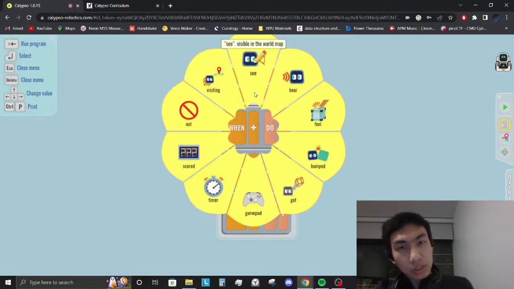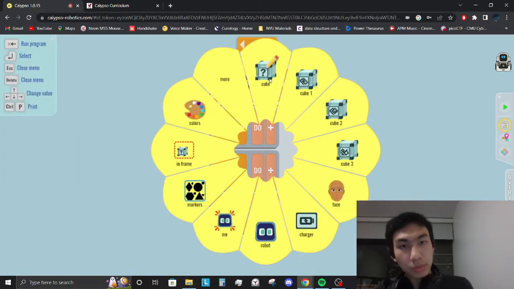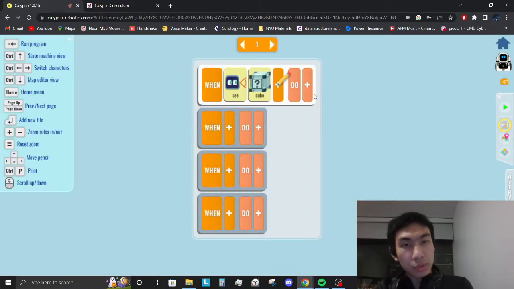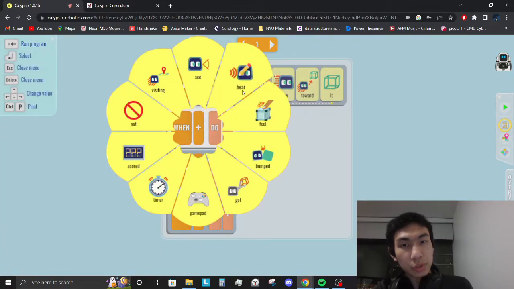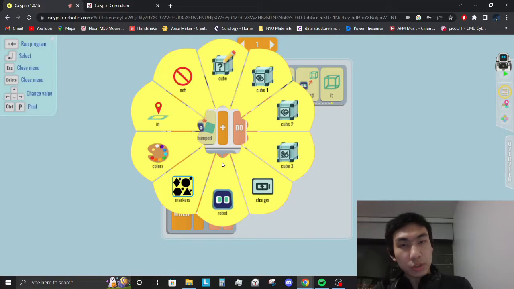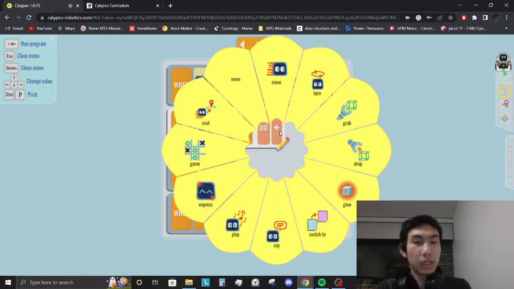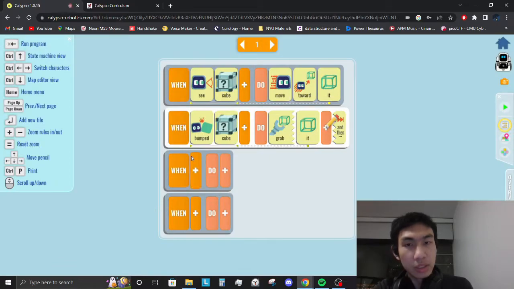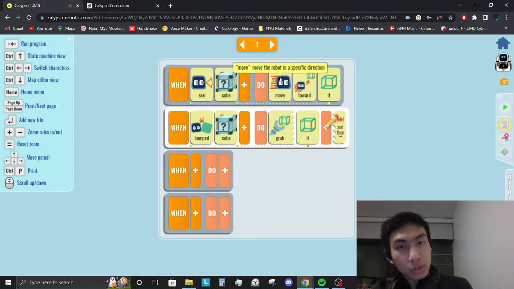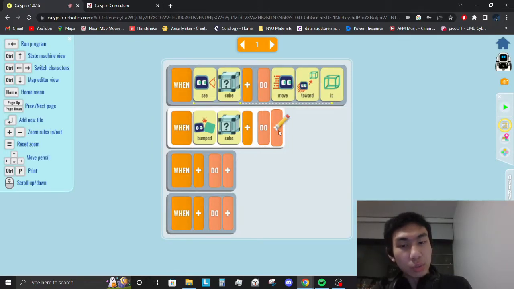So how do I say it? Let's say we see a cube, right? Very basic. And then we move towards it. And then once we bump into it, when bumped into the cube, we grab it, right? Now, this is also one where we should start talking about pages, I would say. Before we do that, we want to say when bumped it. Let me delete all that. When bumped it, you want to do